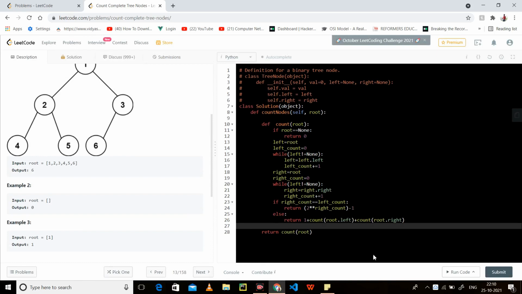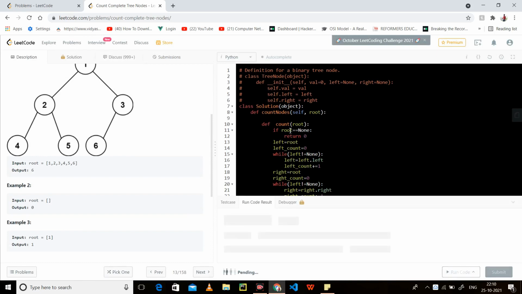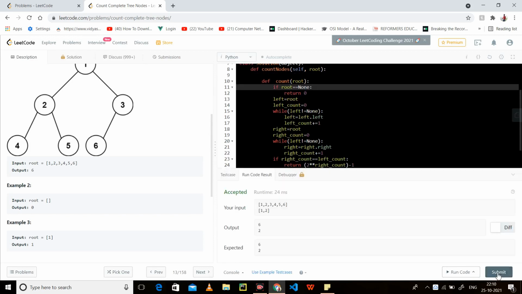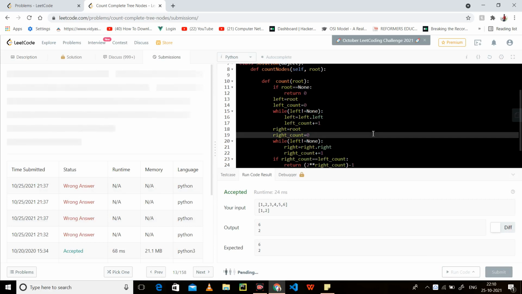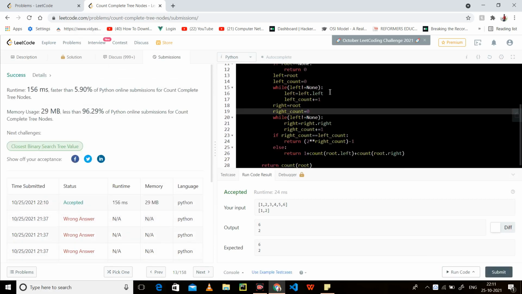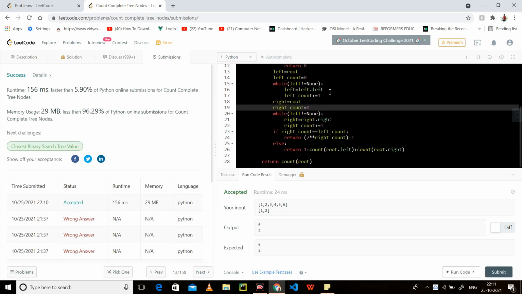I hope you understood, guys. So let's run it. This is less than Big O of n. Okay, it has run. Let's submit it and see whether it will be accepted or not. Okay, now it has been submitted in a single strike. So I hope you have understood, guys.